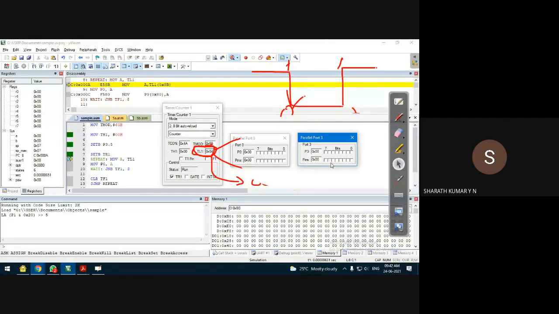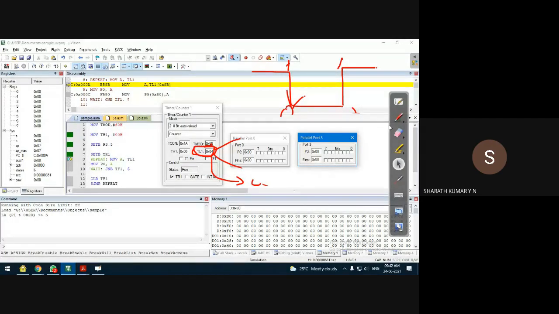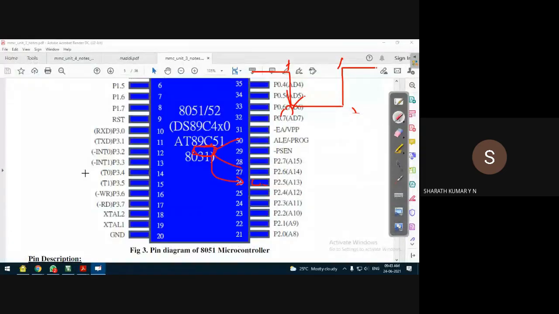Whereas if you toggle this pin, observe this. This generates an error. This is not possible. That means, to guess the meaning of that, it is to take the data from the external device that is on this physical pin. If the data is fed to the pin, the microcontroller will receive this data only if the internal pin corresponding to P3.5 is set to 1.